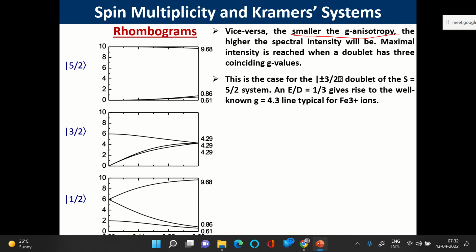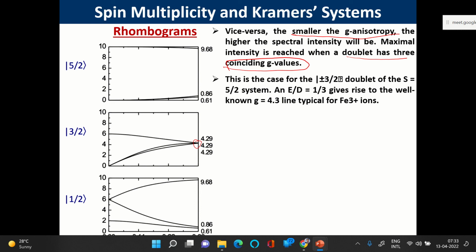And the best case scenario is when all three G values coincide. You can see it happening over here, all three coinciding, only in this diagram, not in all cases. So clearly we can identify the plus minus 3 by 2 doublet in the rhombogram for S is equal to 5 by 2. We have three